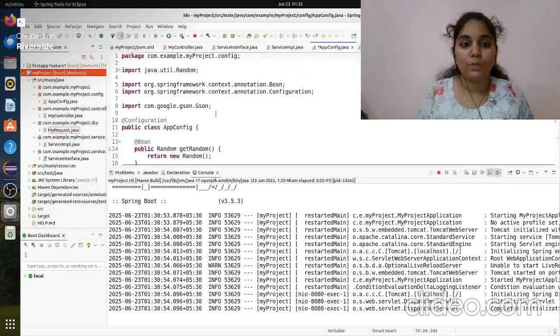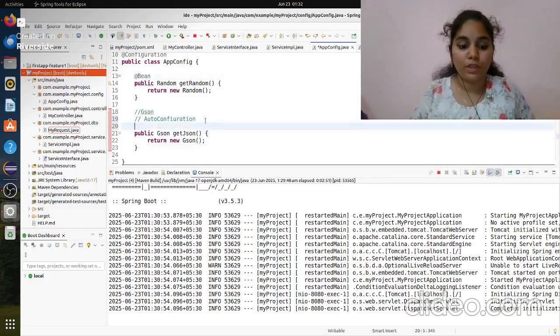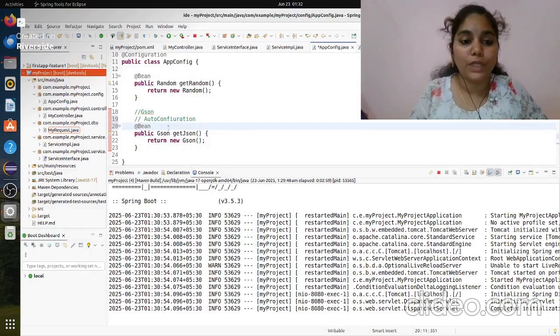We can simply mention it in the configuration class, so that it can directly create an object if @Bean is not there. So auto configuration means it will create the objects for the jar files which are already there in Spring Boot